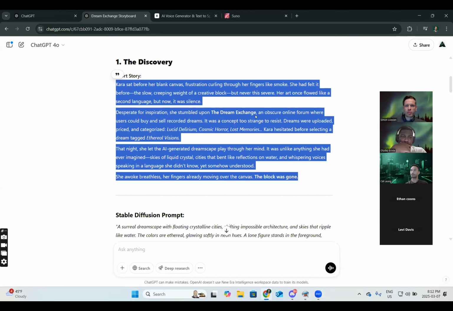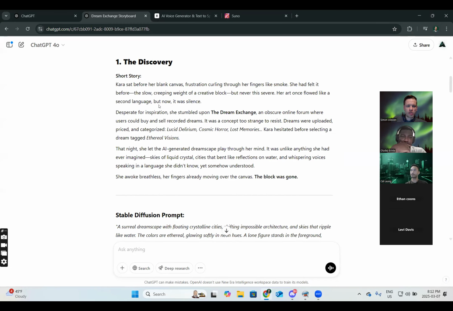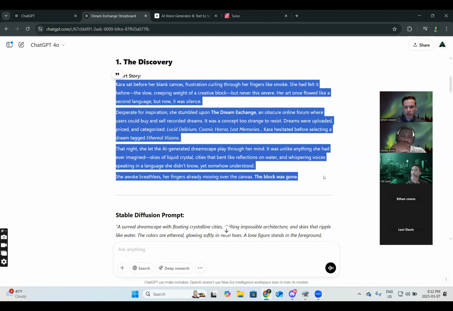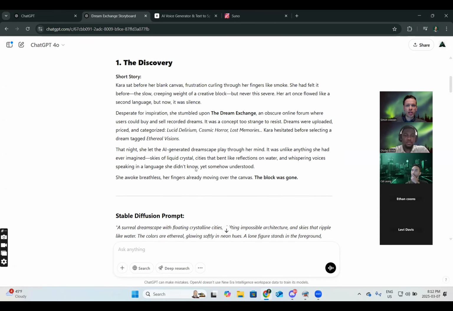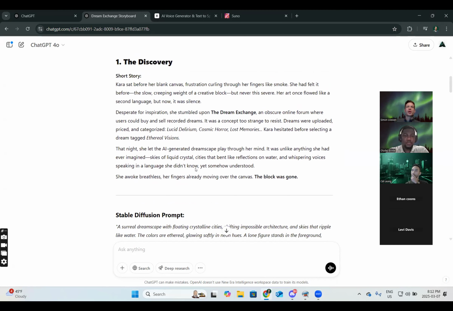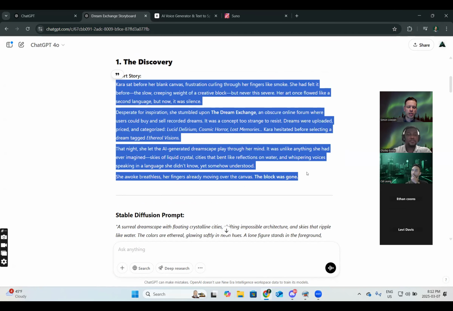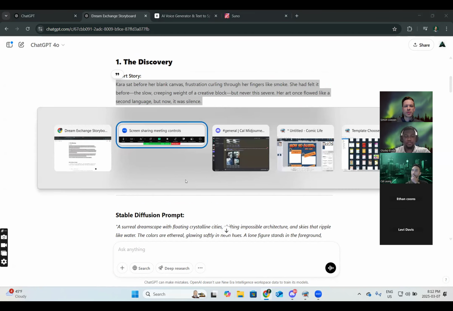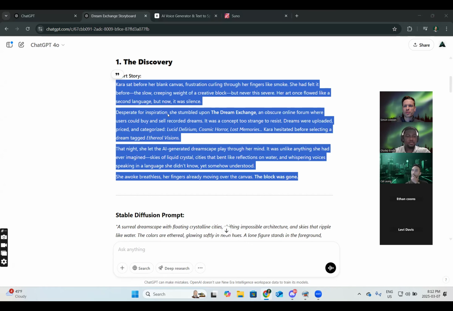Okay. So remember how we created a story, an actual piece of written content for each section of our story. So there's a few things we can do with this now, right? It really depends on what you want to create. If we just want to create a story, of course, we could just drop this text into a Word document, and now we have the beginnings of a short story or a novel. We talked a little bit about audiobooks on Wednesday, I think. And what I'm going to do is show you